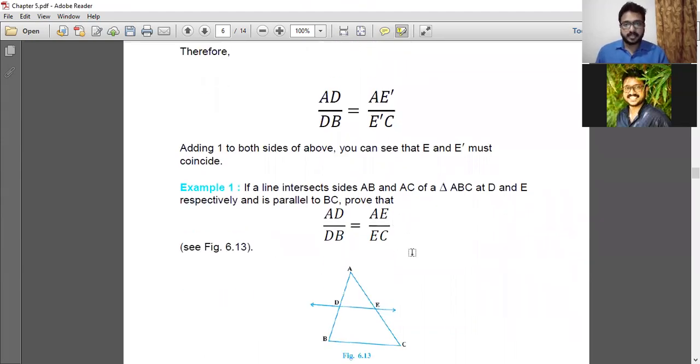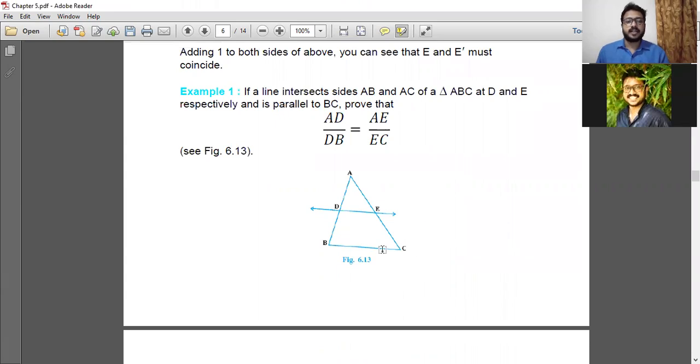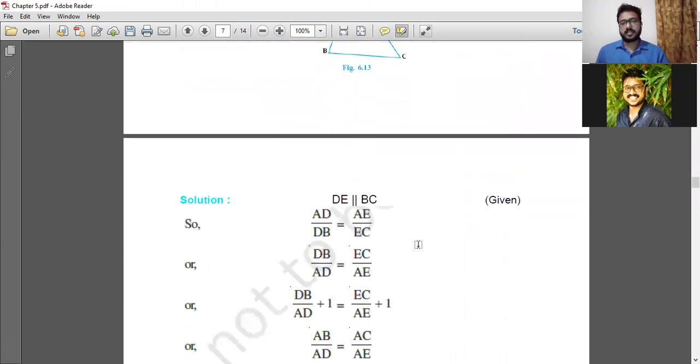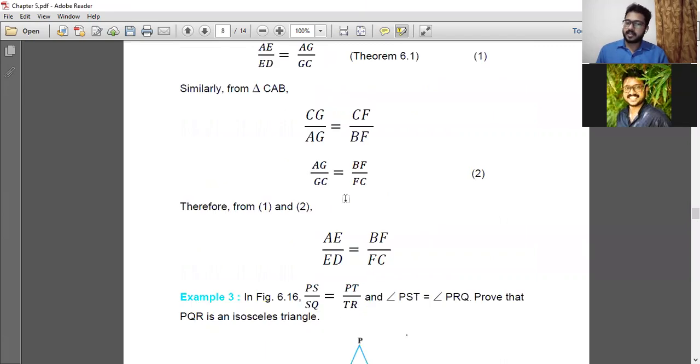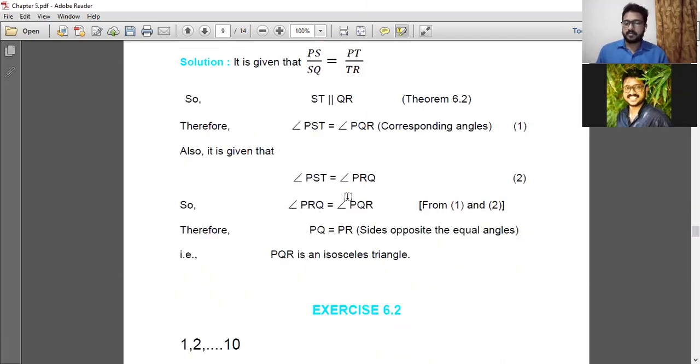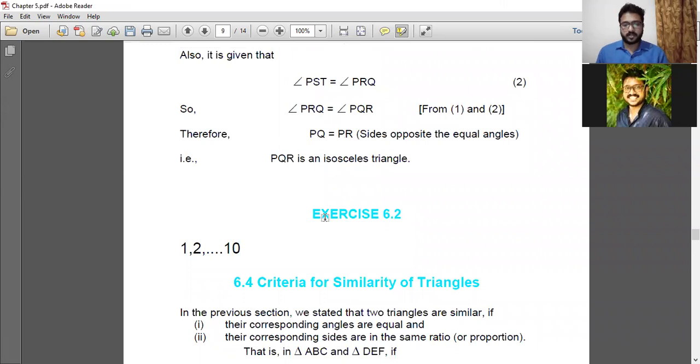It is very easy. As I have told you, I believe all of you have written these examples as many times as you can, and because this kind of example is very important, it will help you to think more logically. So all these examples were completed, and I have given these exercises as homework. Today we are going to see our section 6.4, criteria for similarity of triangles.